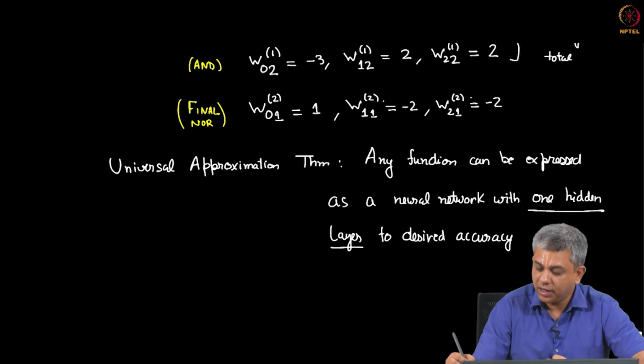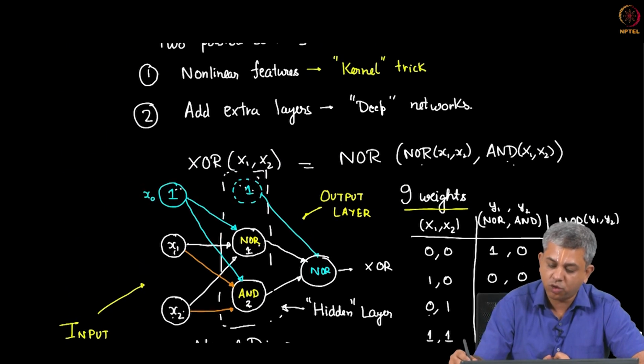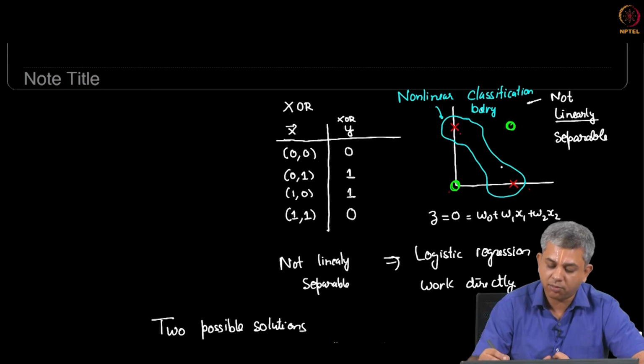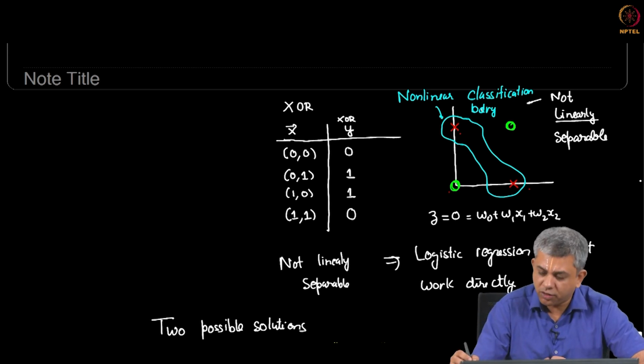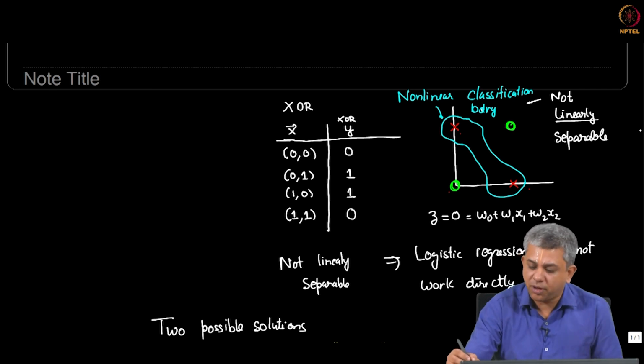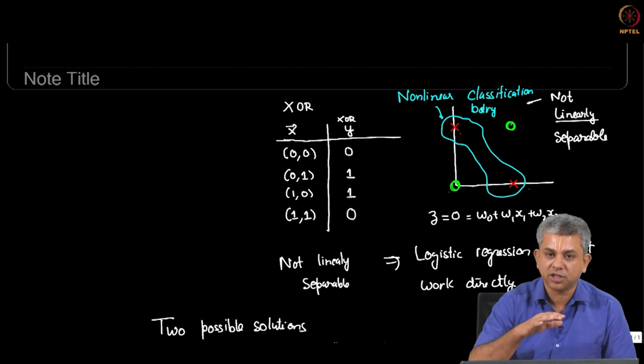Now, what would be a good approximation, what number of neurons would you need, etc., that is always questionable. Now, I would like to finally end with one simple interpretation of what is happening here. Let us go back to our original diagram. We had these 4 points. When they were on a single plane, simply the xy plane, it was not possible to separate them using a single line. As it turns out, one can interpret, though not in the particular case that we have taken, the addition of extra hidden layers as if you are creating new dimensions in the problem.